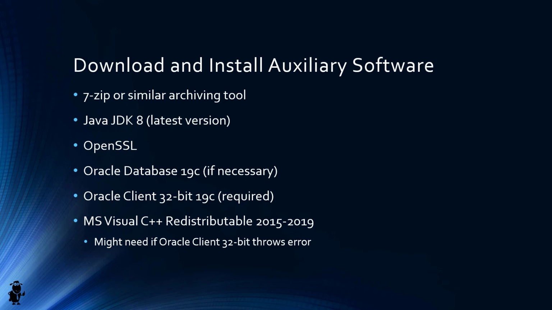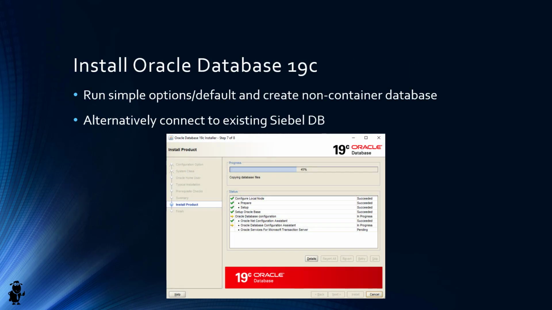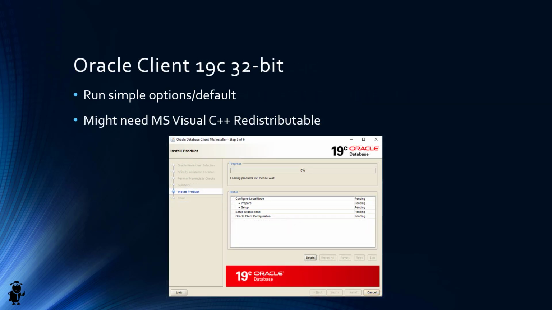Along with that, you might want to download the MS Visual C++ redistributable for 32-bit for the last few years. It depends on the machine setup, but the 32-bit Oracle client might throw some errors if those C++ libraries are not installed on the machine. So a video will be provided which shows a walkthrough of the Oracle database server installation, and another video will show the installation of the 32-bit client,